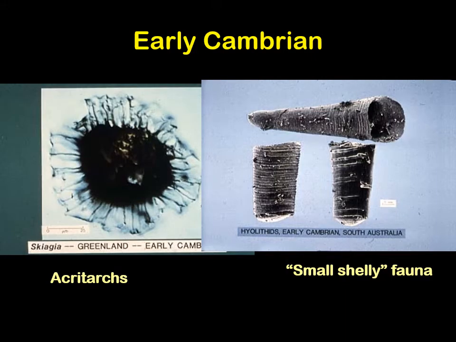So here's some of the earliest Cambrian fossils. We do still have acritarchs at this time. And we have what we call our Tommotian fauna, this small shell fauna. Some of these we don't even really know what they are. This is a hyolithid here on the right, and we're not even 100% sure what a hyolithid is. Is it a type of mollusk? Is it a type of brachiopod or something, or maybe a relative of a coral? We're not really sure. It looks to be mostly mollusk-like, so something like a cephalopod or maybe a gastropod, something like that.